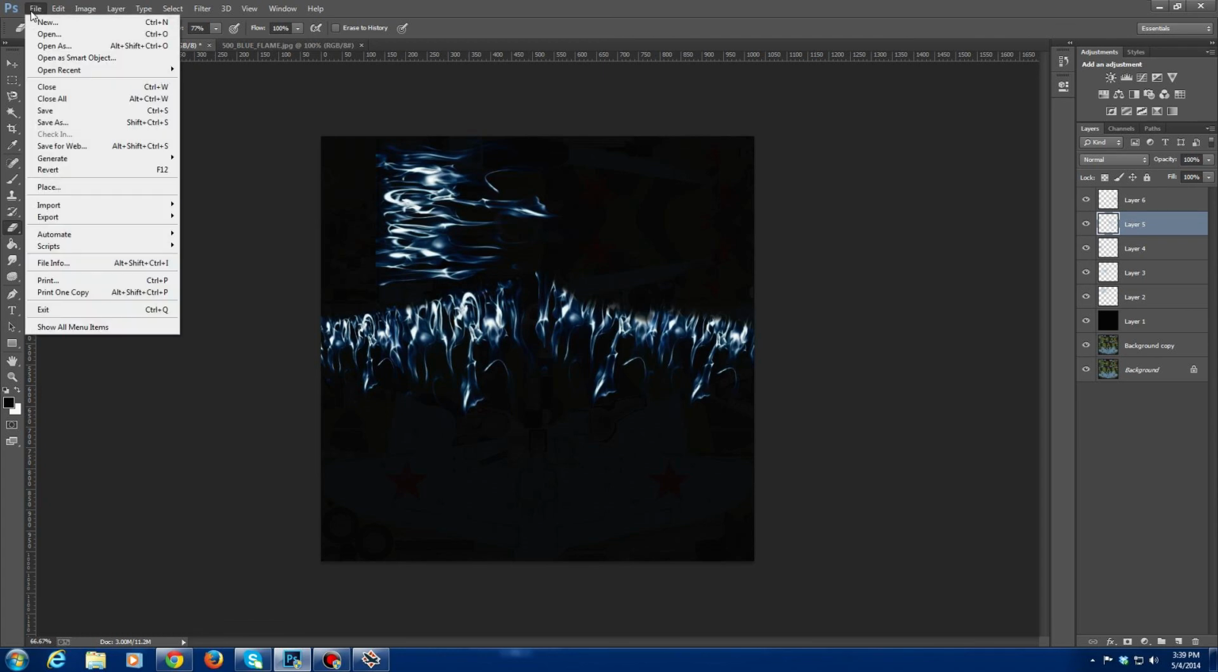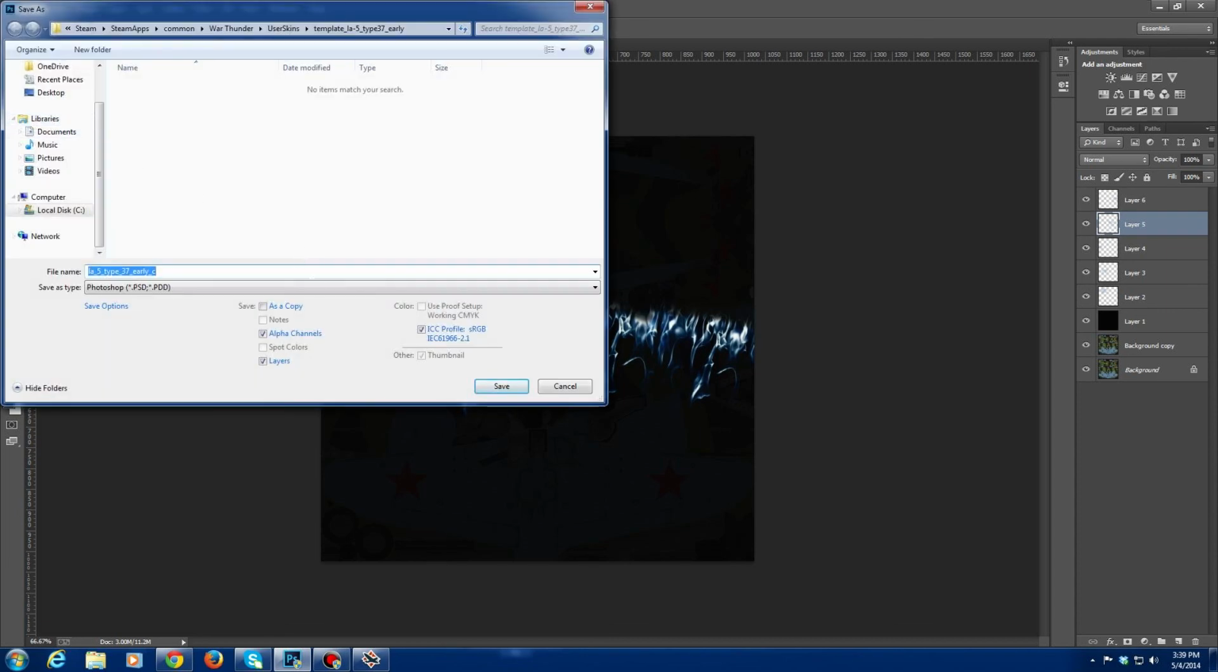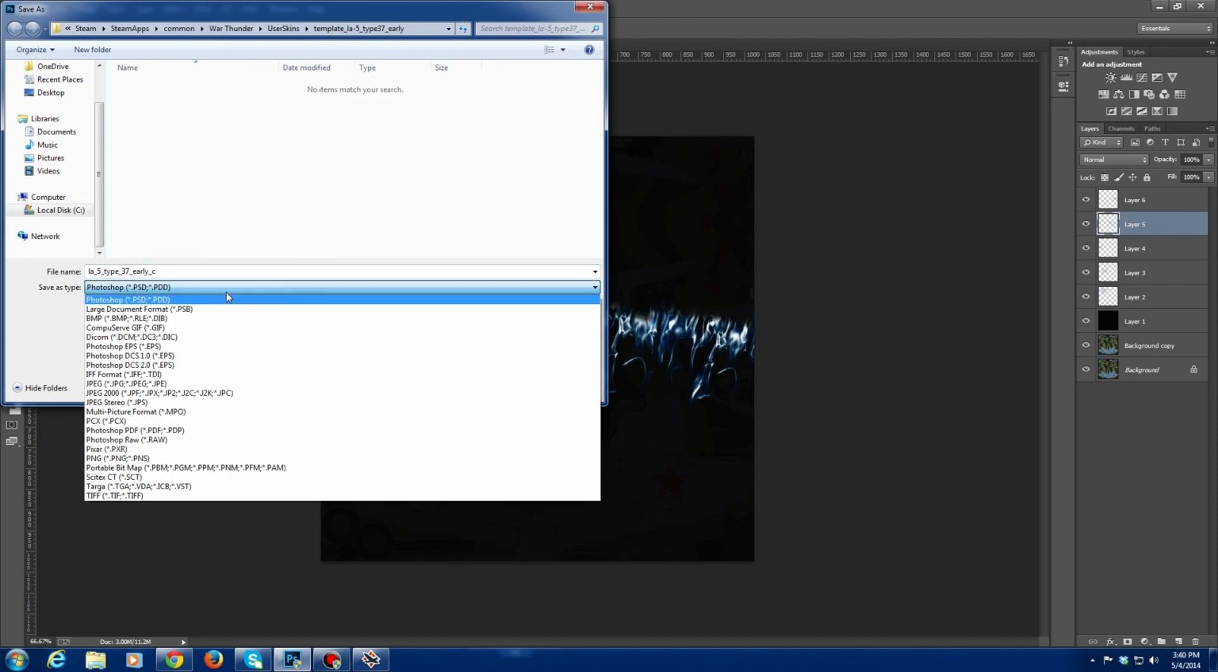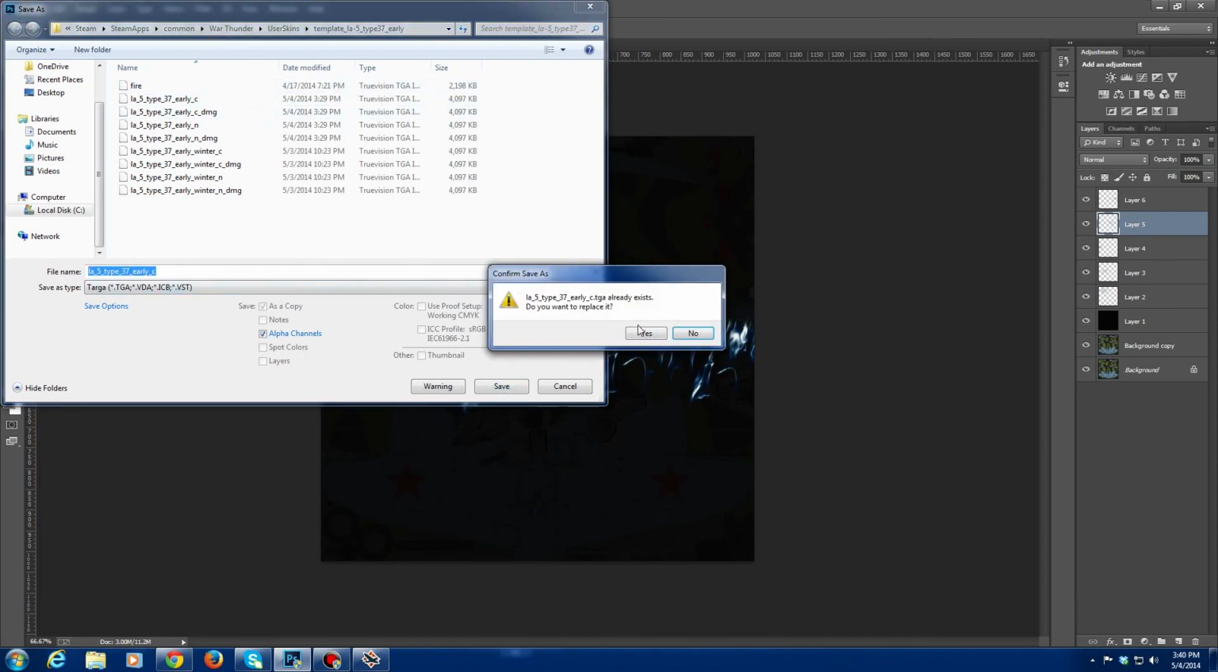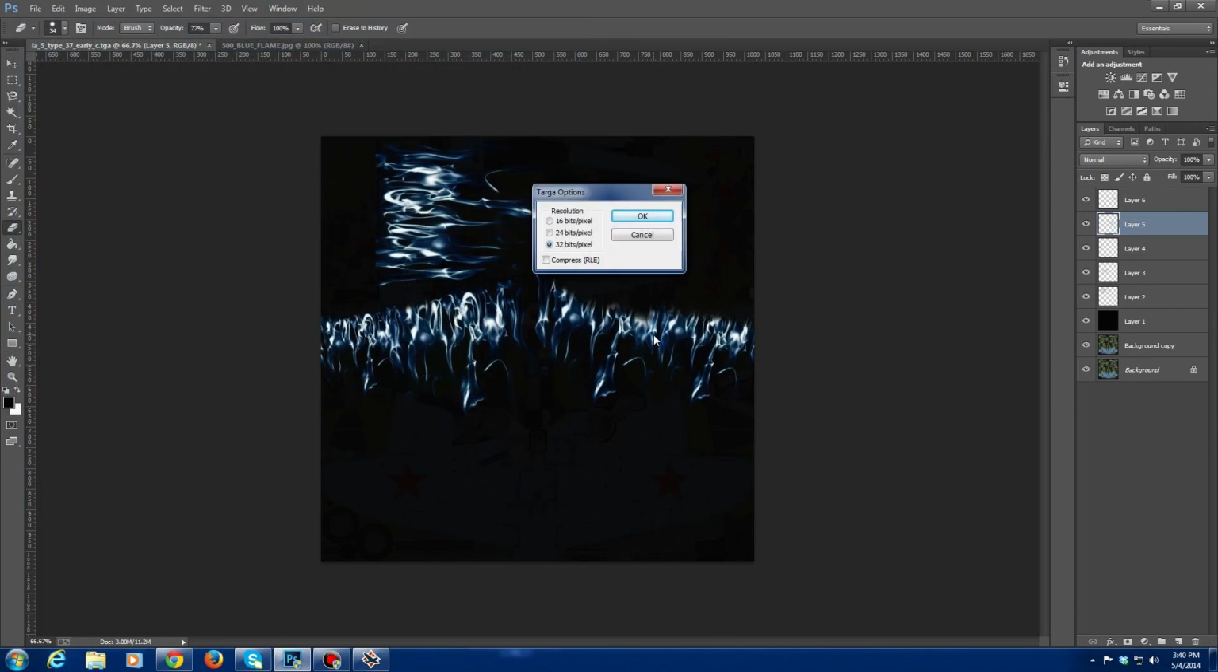Now to save it, you click Save As, and go down to Save As Type, and you want to make this a TGA file, and it'll bring up this file again. Click Save. It'll say, do you want to replace the file? Click Yes. Click OK,